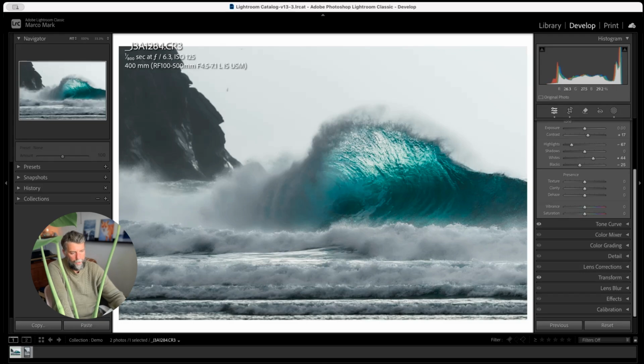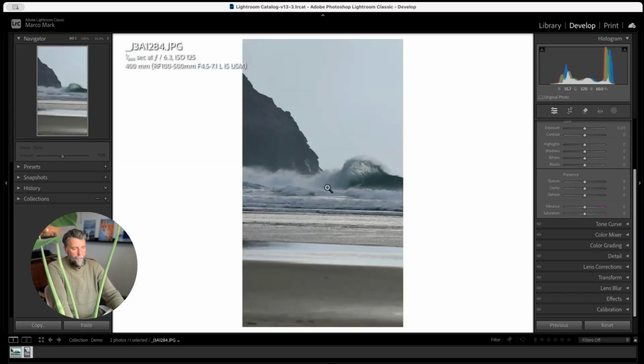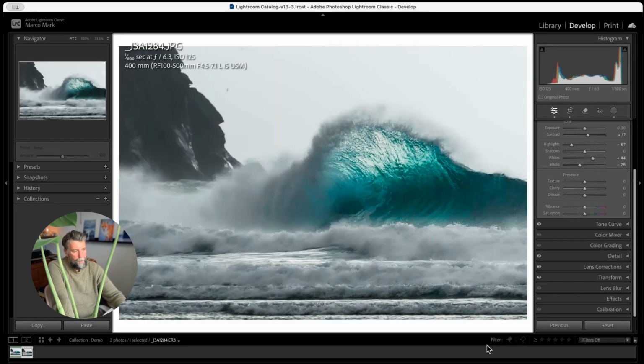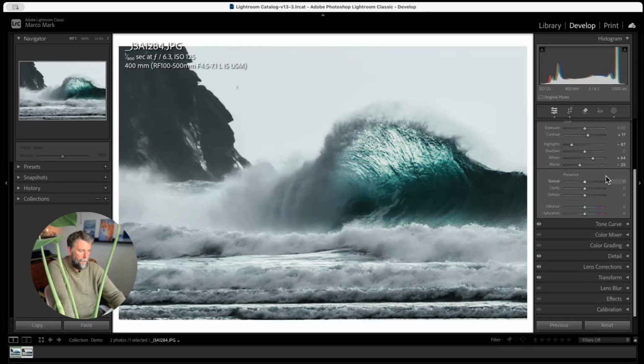If I copy all of these edits, we can actually see if I apply the same edits to the JPEG straight out of camera, it's not far off. The colors aren't quite there, but we can probably just up the saturation a bit on the JPEG. I guess the answer to should you shoot RAW or JPEG, you decide.